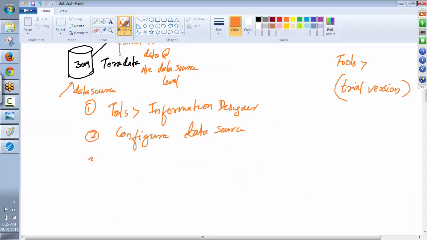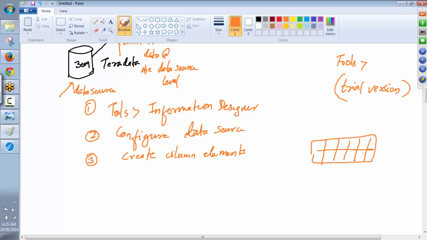Once that is done, you create column elements one by one. All the columns that you see in the data table, when you add it from Excel or any other data source, all of these columns, when using information link, you will have to create one by one